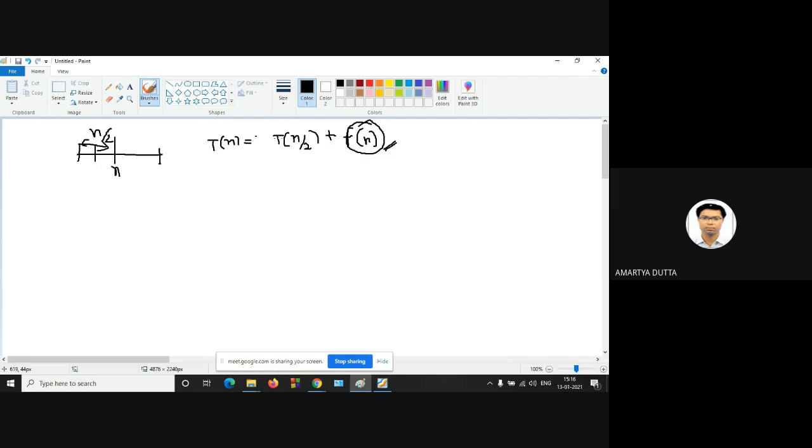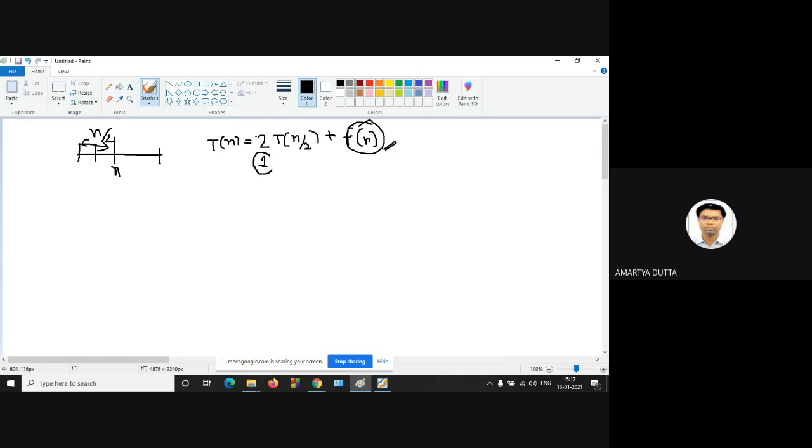In the case of quick sort and merge sort, as both halves are required, that's why 2 into T of n by 2. In the case of binary search, we divide it into two halves, but the other half is discarded, that's why 1 into T of n by 2.